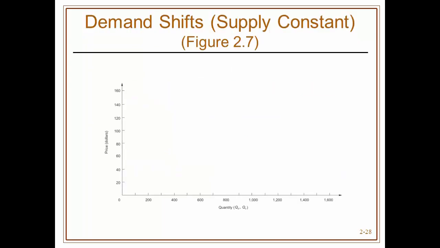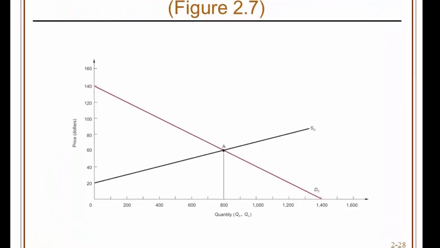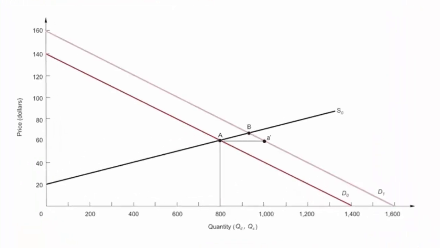So if the supply curve stays where it is, but there's a shift in demand, we can ask ourselves what will happen. If the demand curve increases because of some event, say the price of a complement were to fall, that would cause the demand for the product to rise. The original equilibrium price was at point A, $60 and 800 units. And once the demand curve shifts, point A is not going to be the equilibrium anymore, because now with this new demand curve D1,